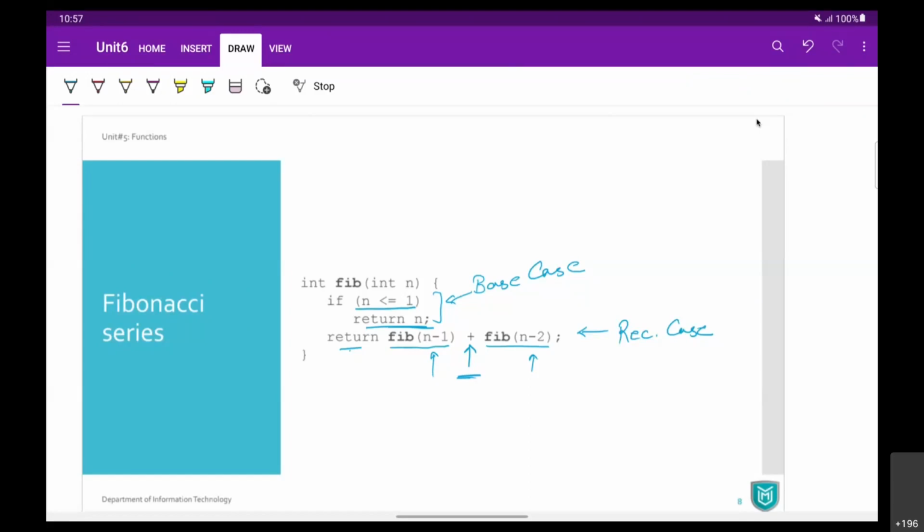Yeah, so any more queries now? This is the finding nth term from Fibonacci series. Any doubt or query now?